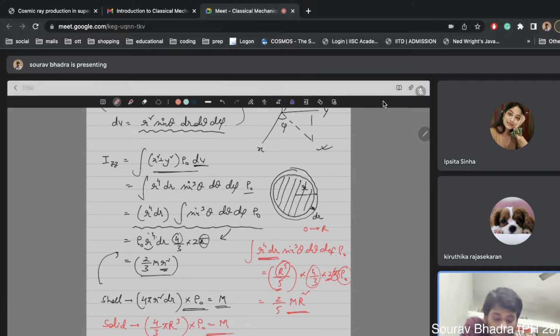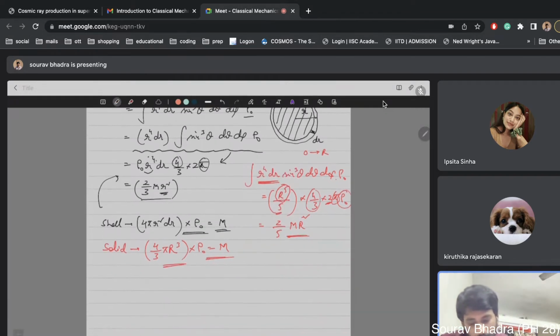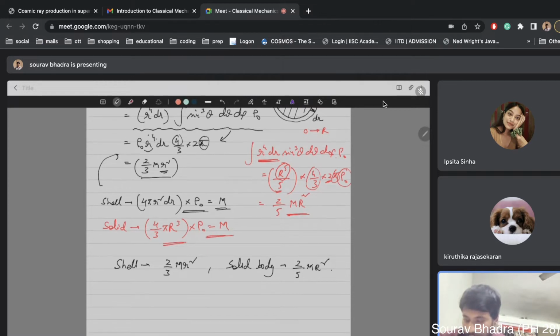So all these are important, and if you can remember these values, they are very simple to remember, then you can do many problems. Now one problem I will do. Just remember these two points. For a shell it is 2/3 m r square, where m is the mass of the shell, and for a solid body, meaning a solid sphere, it is 2/5 m r square. Okay, now we will do an interesting problem, a sphere with a spherical cavity,